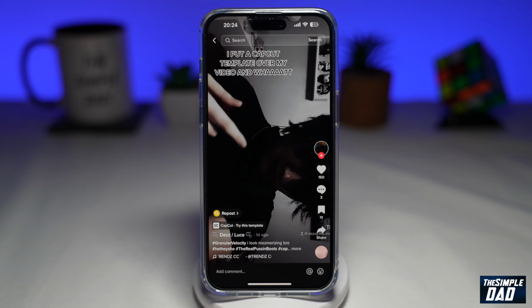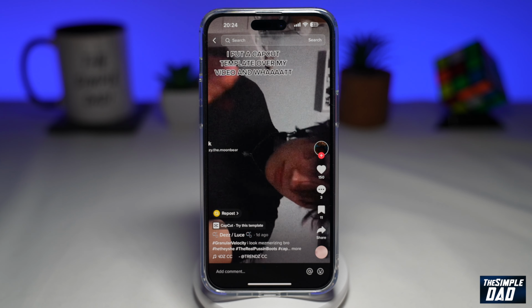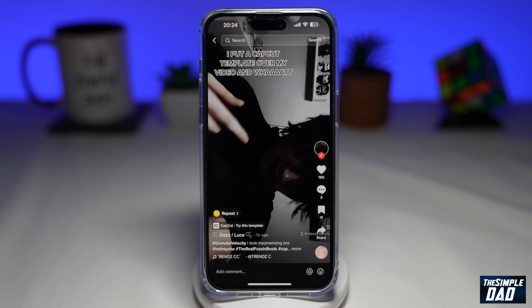In this video, I'll show you how to create the "I put Capcut on my transition video" trend on TikTok using